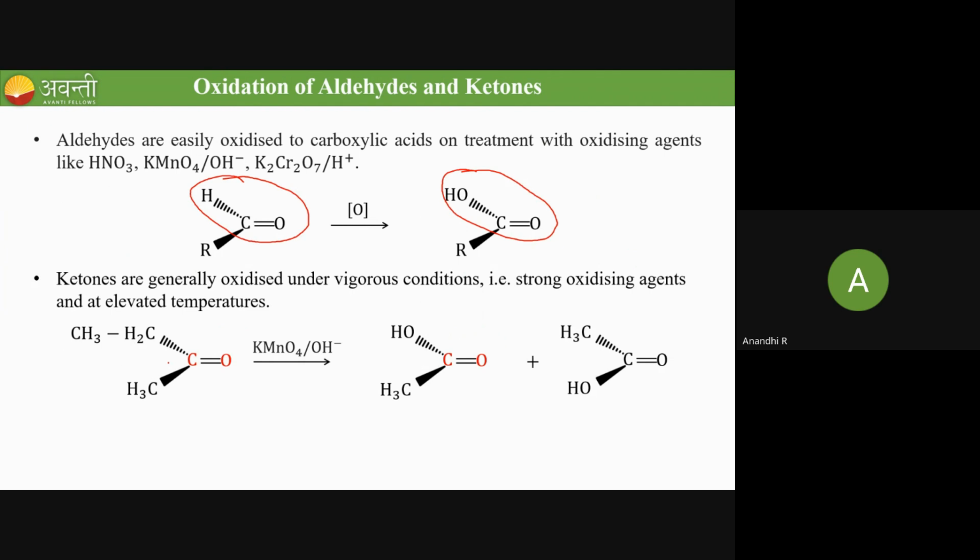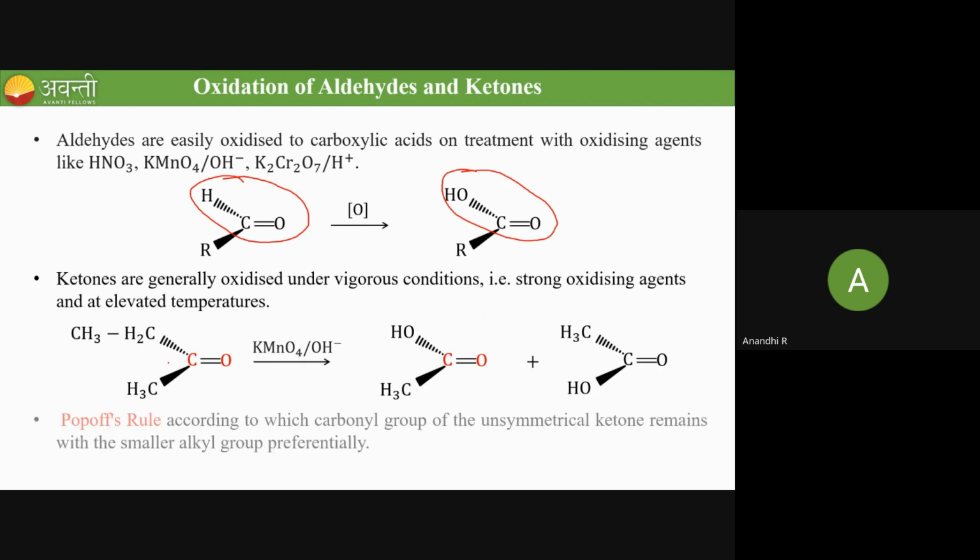Now, how are we getting this product? There are two carbon-carbon bonds. This is carbon number 1, carbon number 2, carbon number 3, let's take. Now whether the bond between carbon 1 and 2 breaks or carbon 2 and 3 breaks, that we have to find out, right? For that you have to use one rule called Popov rule. So according to this rule,